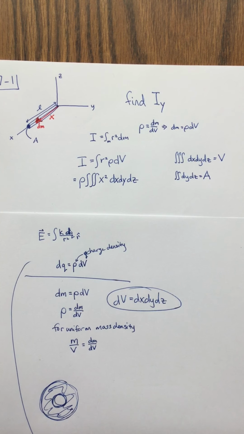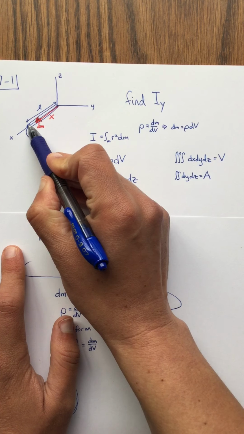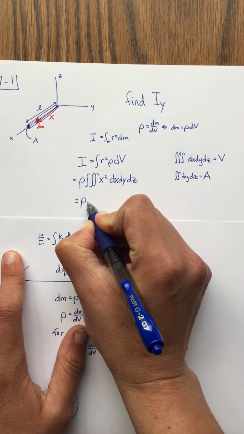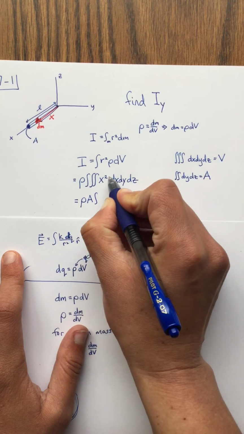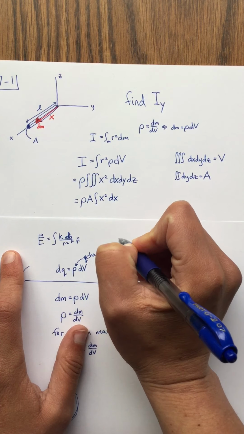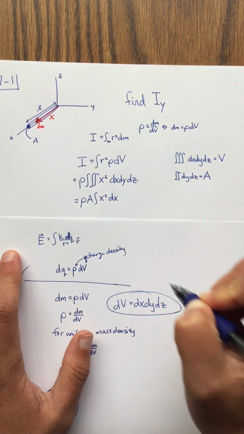But before I worry about the limits of integration, integrating dy dz over everywhere where there is mass is just going to give me this area here. So that is rho times A. Then we're just left with integrating x squared with respect to x. Okay, and in the future, if you want to skip this step and just go from here to here,